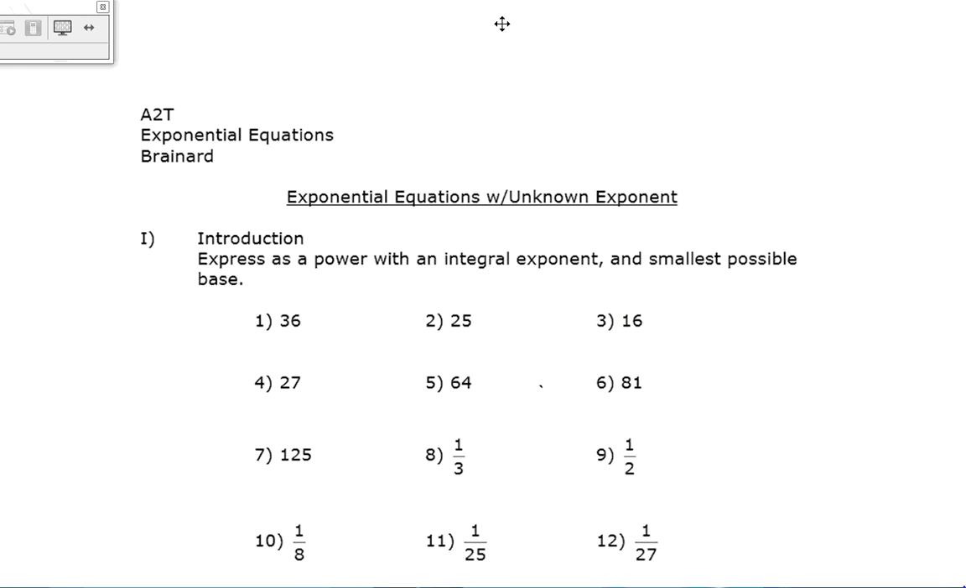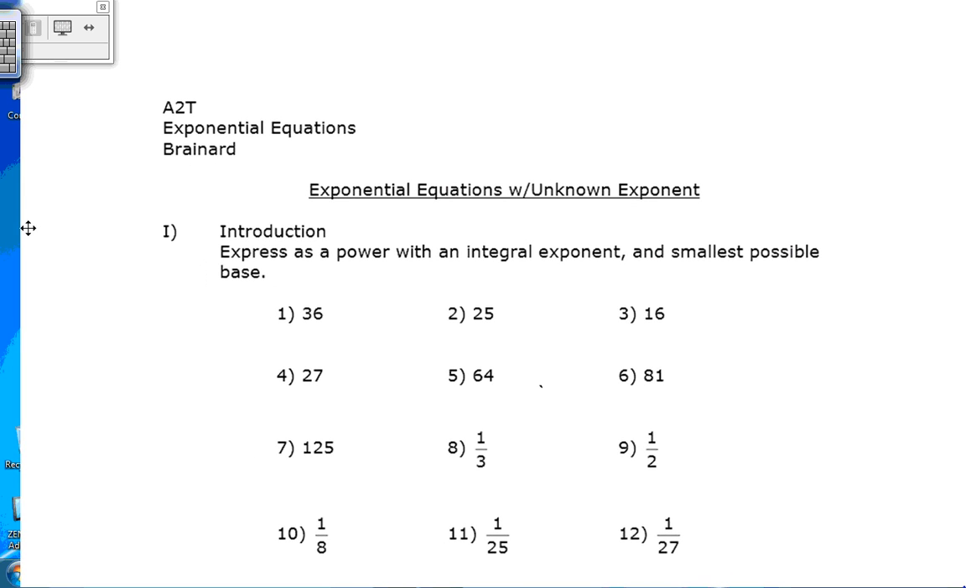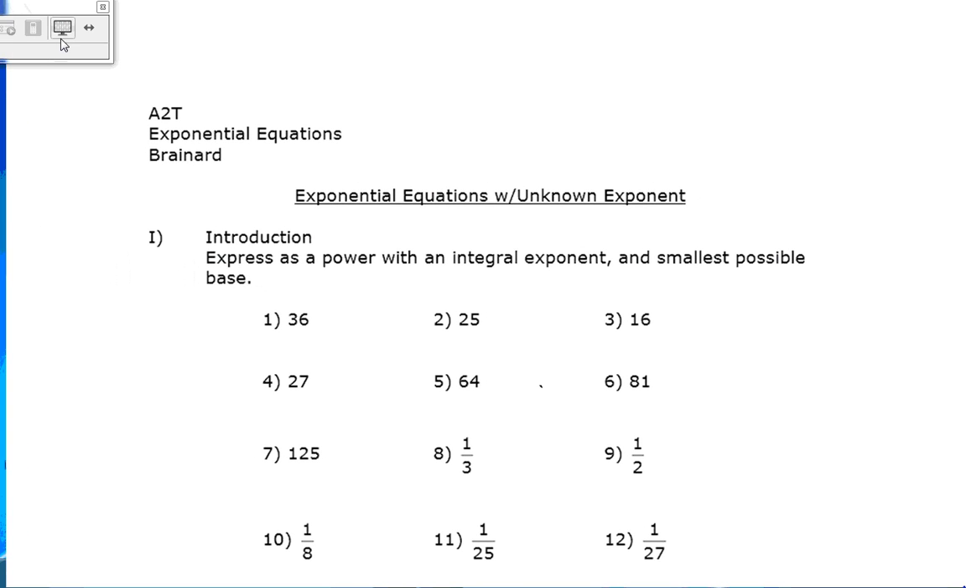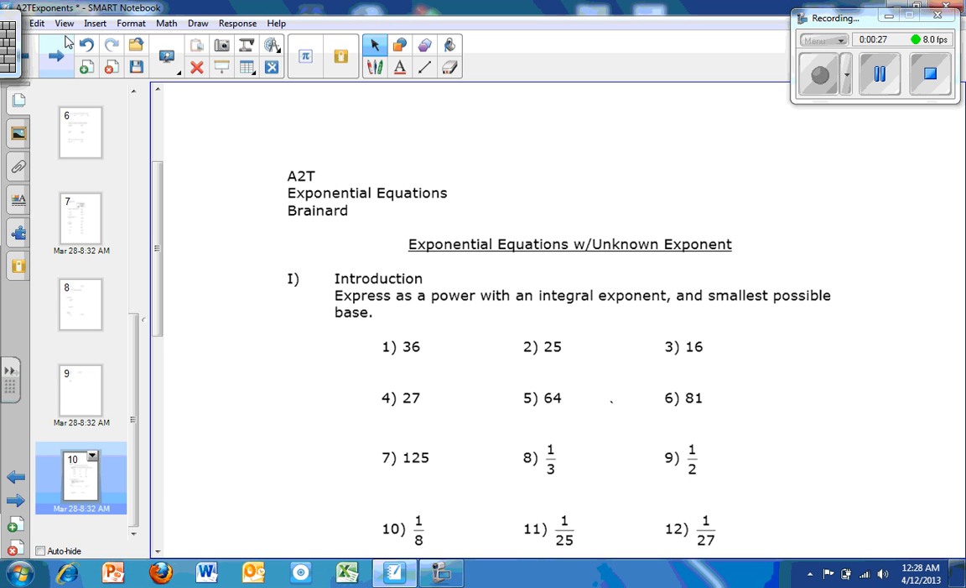We are solving exponential equations again today, except today we are talking about equations with unknown bases, and yesterday we did equations with unknown exponents. So today,